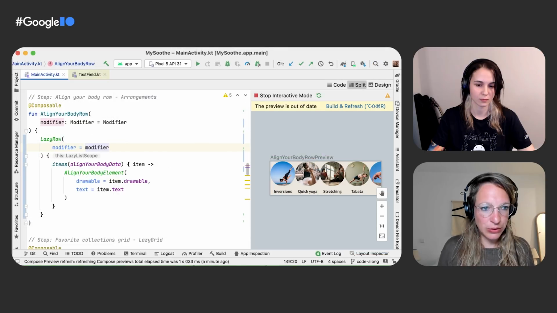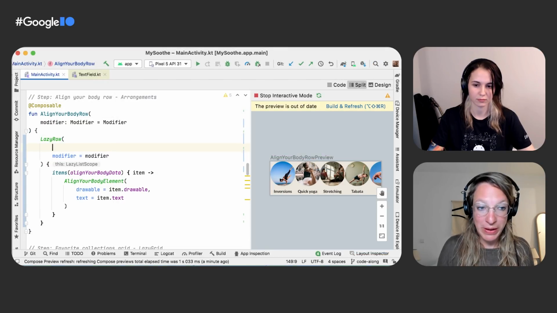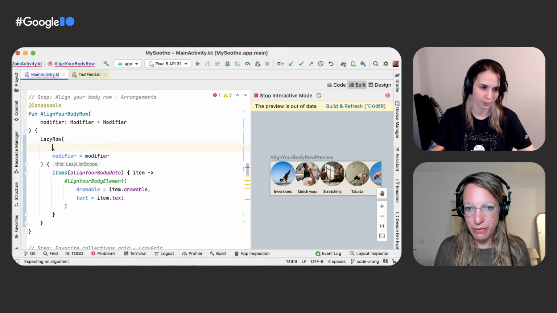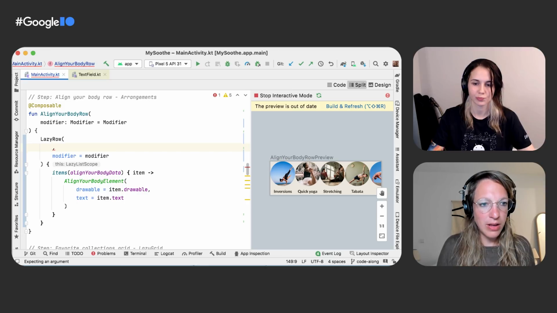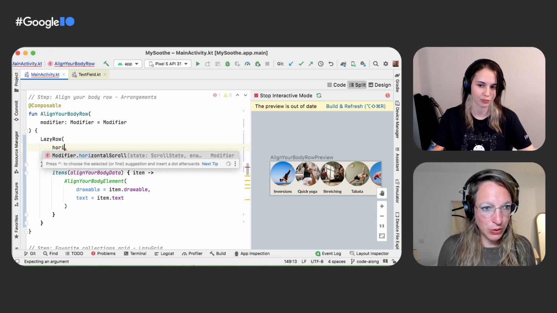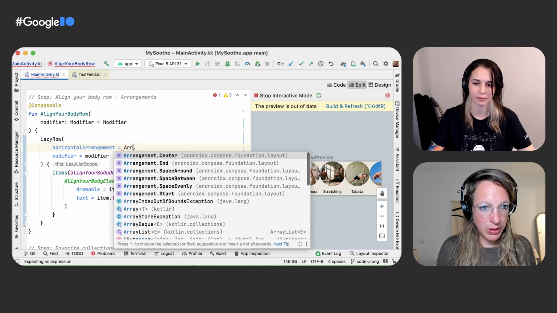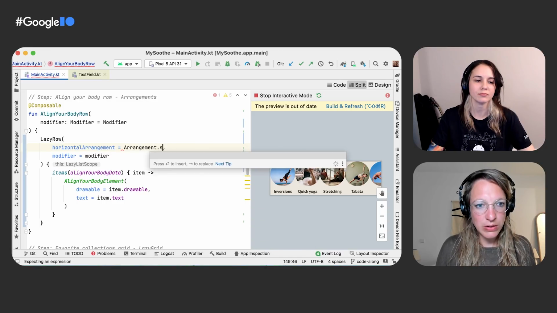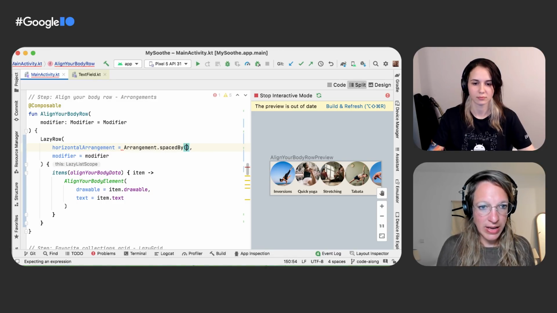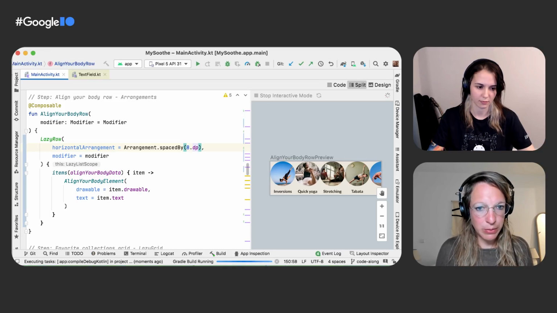In our case, as you said, we will be using the spacedBy method, which will just put a fixed space in between items. So let's use the horizontal arrangement, and we will be using Arrangement.spacedBy, in our case, 8dp. And with that, we will be adding that spacing between the elements of our row.